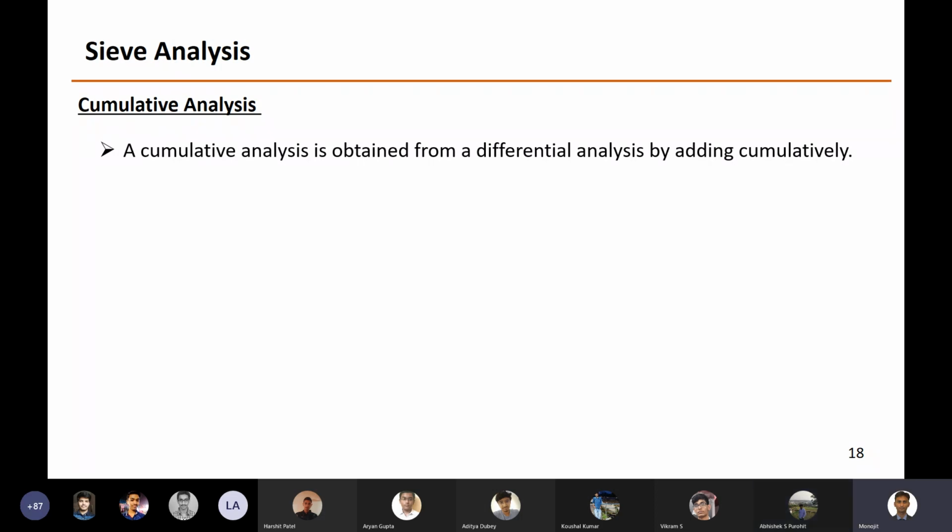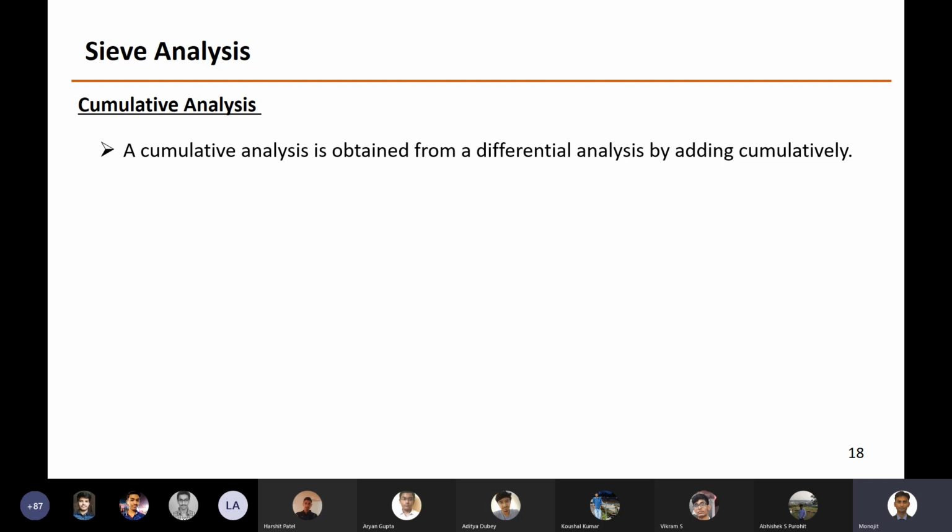Sometimes, suppose you wanted to take the example of the cosmetic industry. You wanted to remove the fines. All you care about is the coarse particle. So there your coarse particle is oversized, and that is something which is of more concern than undersize. It depends on the system. But the thing is, there has to be a general standard. You cannot make it different for different problems. The general standard is we have to start from the bottom. What do you say? That is the general standard. So if you want something else, we just have to take 1 minus that fraction. That will give you the oversize. Later on, I'll solve one problem. This thing would be clear.